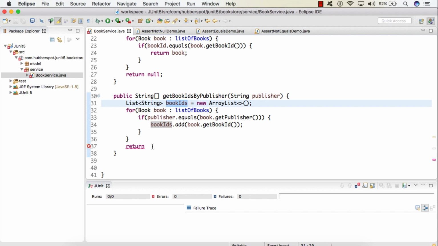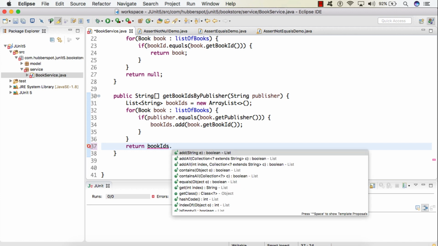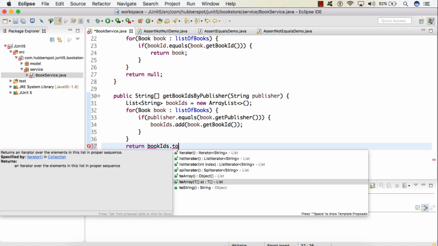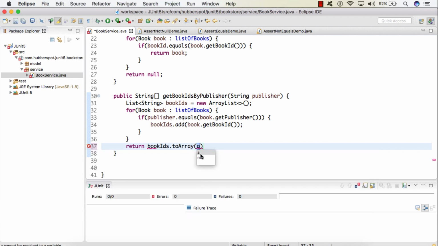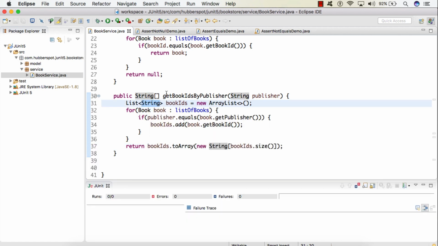In order to convert this list of strings to a string array, List has a method called toArray, which takes a type of array. So here we'll provide a new String array whose size will be the list size. This will convert the list of strings to a string array.